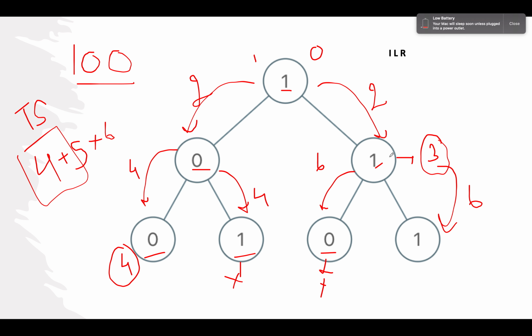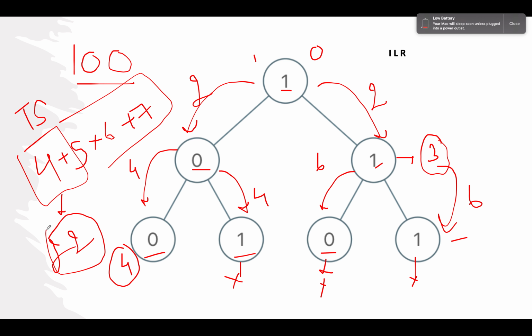Let's walk through the last case. We have 6 getting passed from the parent, and 6 plus 1 is 7, it's a leaf node, and we stop the progression. So what is the total sum that we have calculated? It's 4 plus 5 plus 6 plus 7, and this turns out to be 22. Pretty simple and straightforward, nothing complicated here. The time complexity of this approach is order of n, since you are iterating through the elements only once. So let's proceed ahead and quickly look at the coding section and conclude this question.